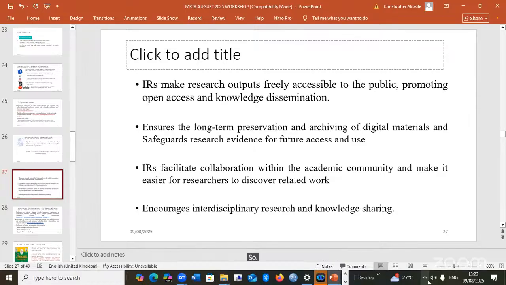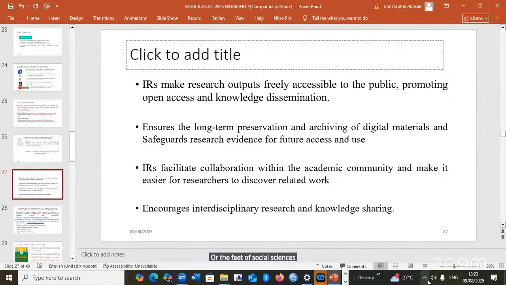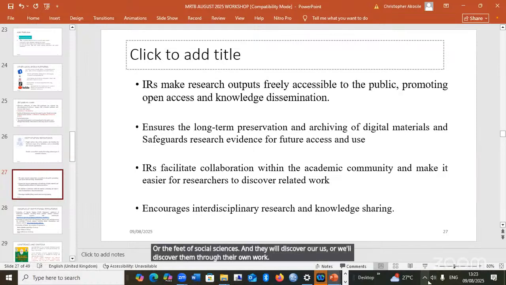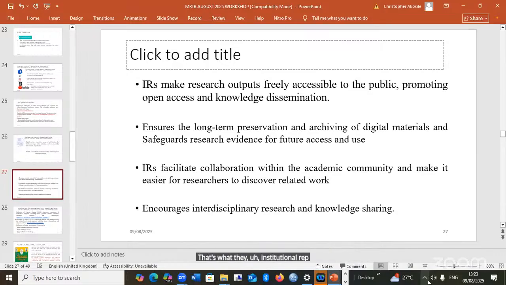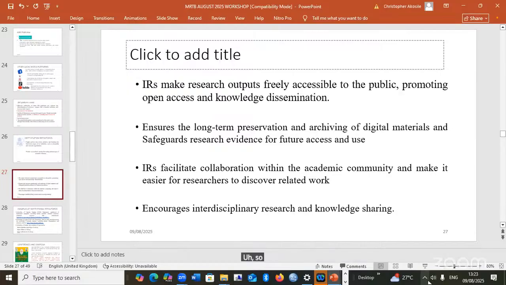So it's possible for us to work along with our colleagues in psychology or social sciences. They will discover us, or we discover them, through their work in their institutional repositories. In this way, interdisciplinary research and knowledge sharing is encouraged.